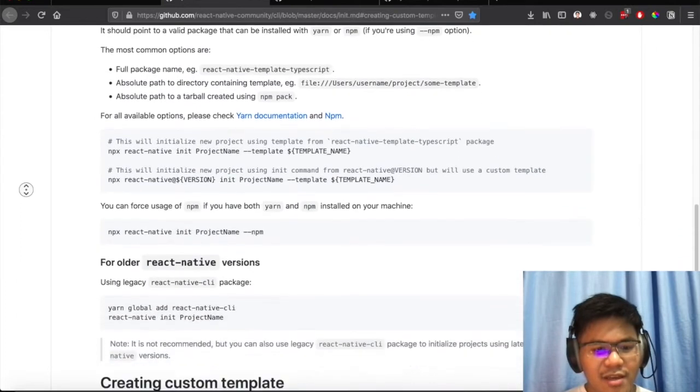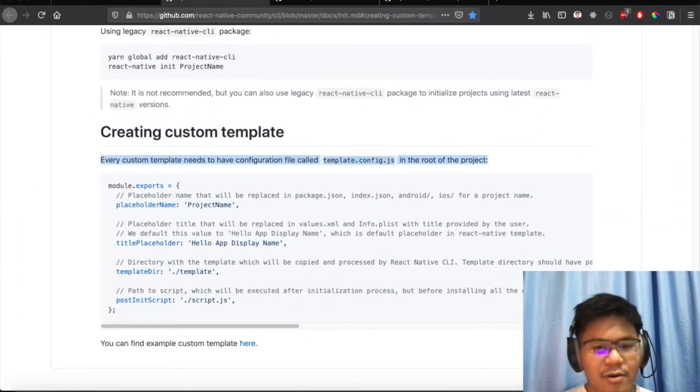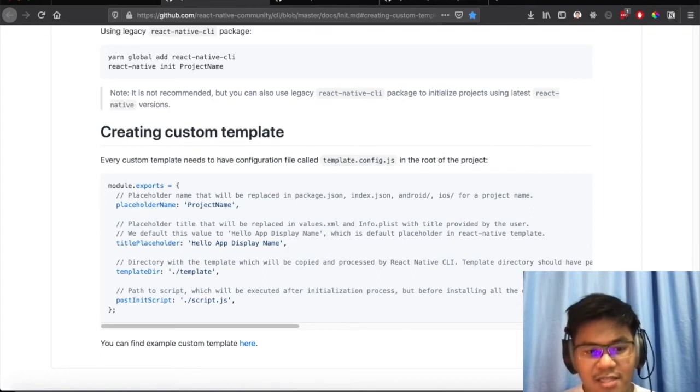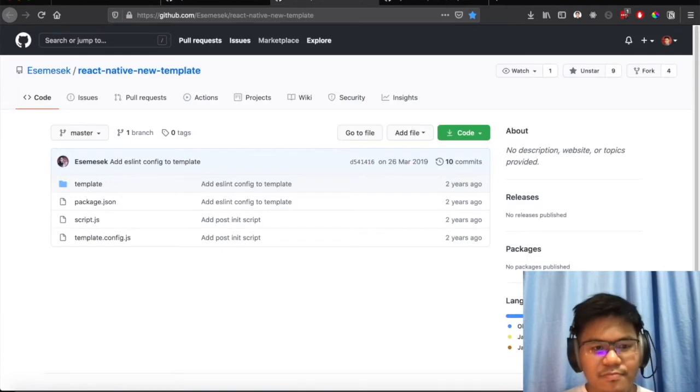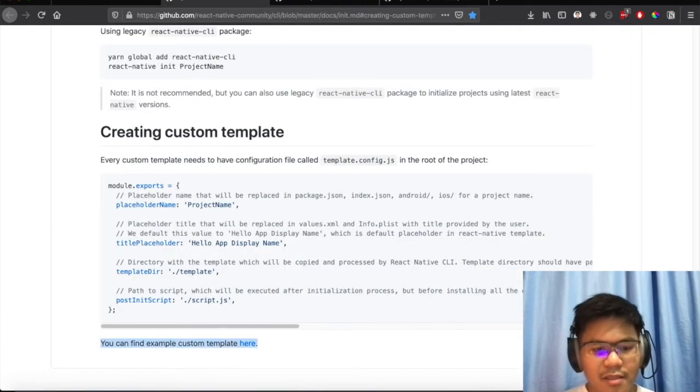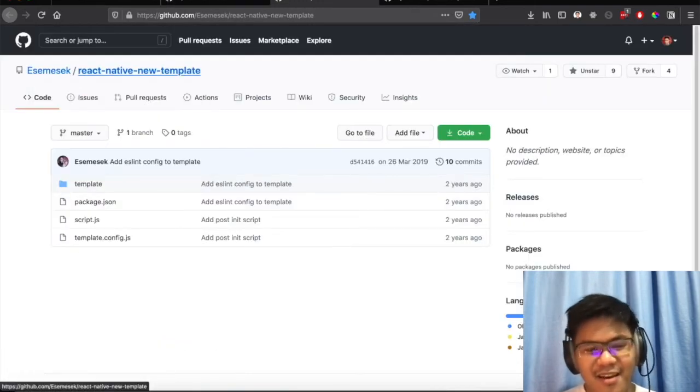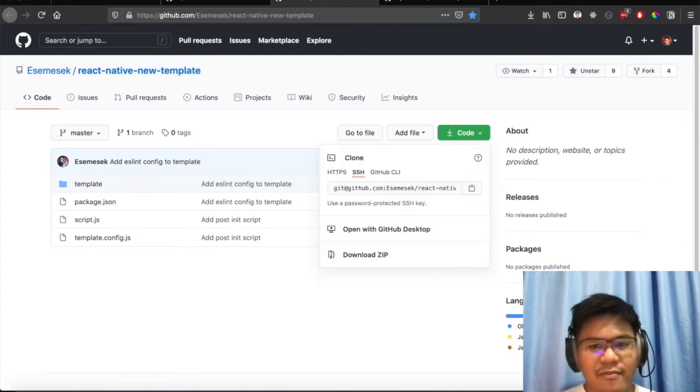If you scroll down here, you can see how they will specify on part of the article as creating custom template, but not much explanation. So this video can definitely help you out, as you've seen. So you have to have the template config.js, but the link for the custom example template actually leads to SMSec and his React Native new template format, which we will be following along. So we have to